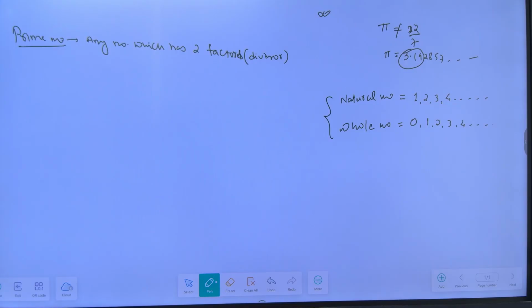Which is the smallest prime number? 2. Right? Because 2 can only be divided by 1 and 2. Next is